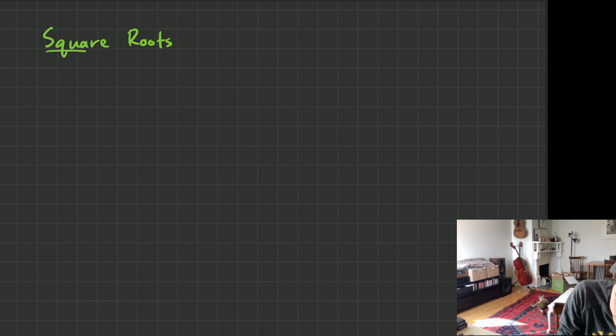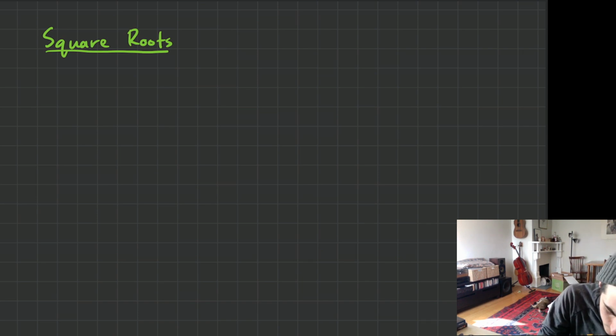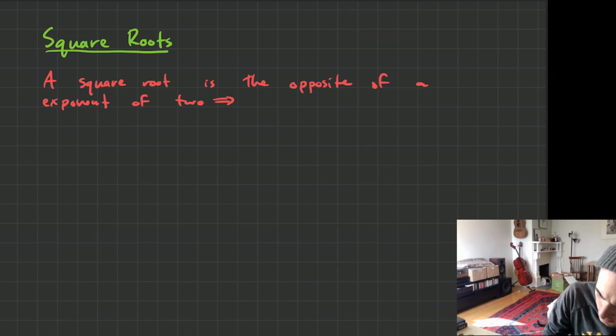So square roots. Okay, let's talk about square roots. So what are the square roots? A square root, I mean, I think we all have some kind of idea of what a square root is, right? A square root is the opposite of an exponent of 2. Or in other words, i.e. a square. Okay? So for example,